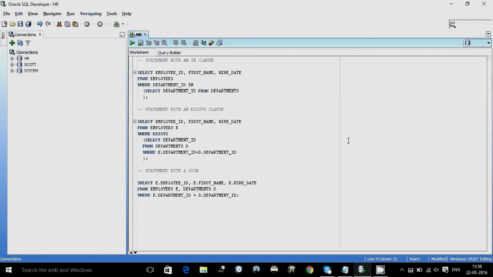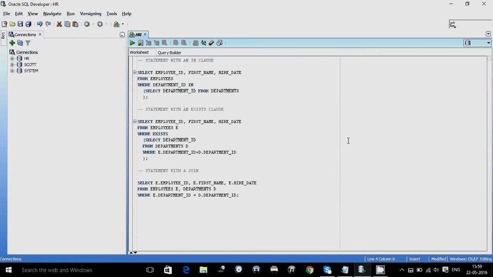Sometimes when there is a lot of data in our table, we might come across performance issues. At that time we can replace the IN clause with the EXISTS clause, which increases the performance by about 30%. What we do in EXISTS is join the outer query table with the inner query table in the where clause, so the execution becomes much faster.